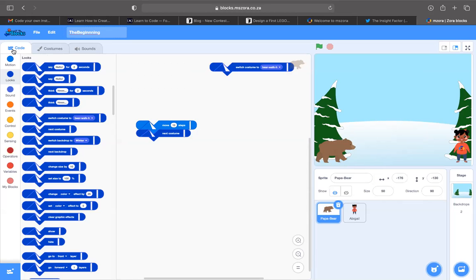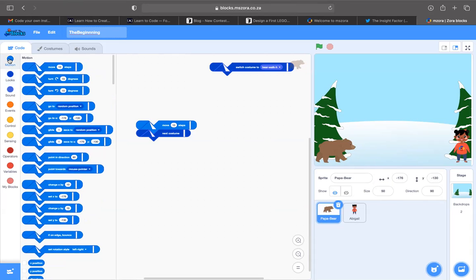You saw that, right? Okay. Now, do you see where it says motion? Yes. All right, click on motion. It should be on motion by default. Then do you see where it says the first motion block is move 10 steps?